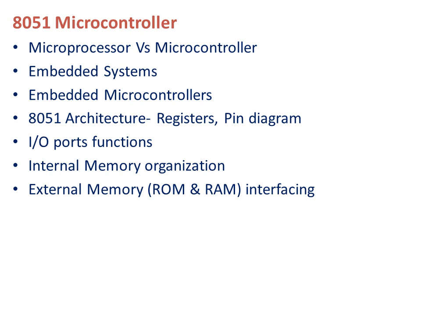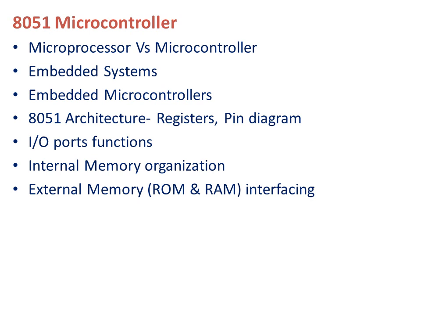And the next topic is external memory interfacing, that is ROM and RAM interfacing. So 60 kilobytes of external memory can be interfaced to 8051 microcontroller. So totally 4 kilobytes of internal memory and 60 kilobytes of external memory can be interfaced. So the maximum memory size we can achieve here is 64 kilobytes of memory. So all these things we will be discussing here.